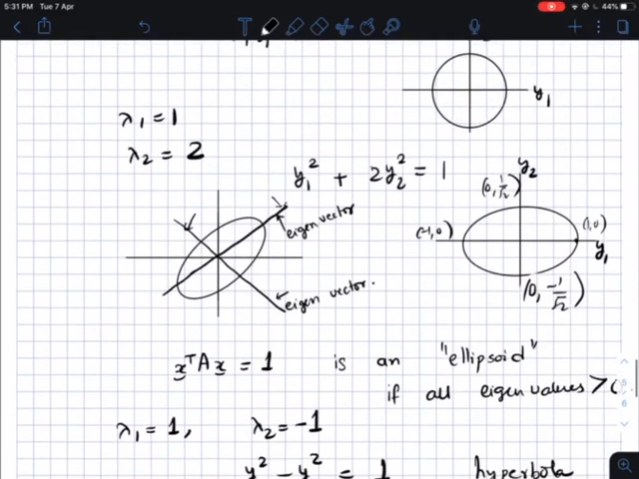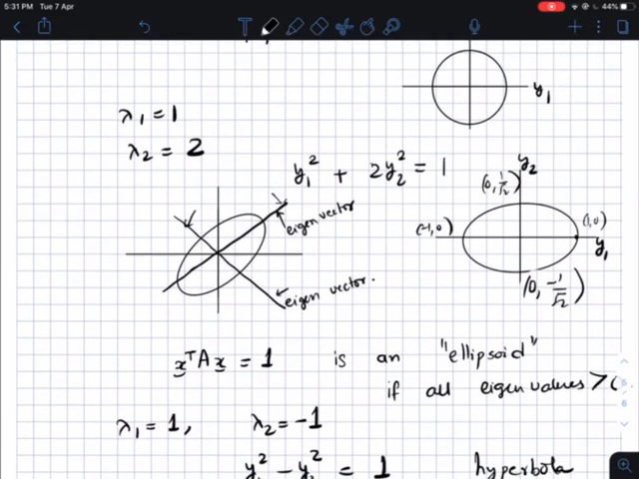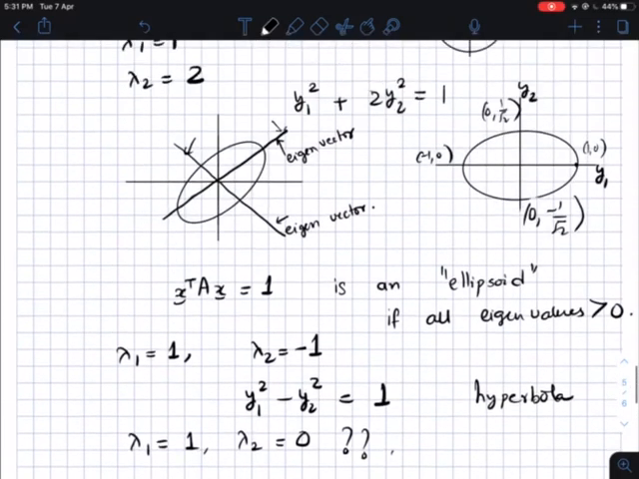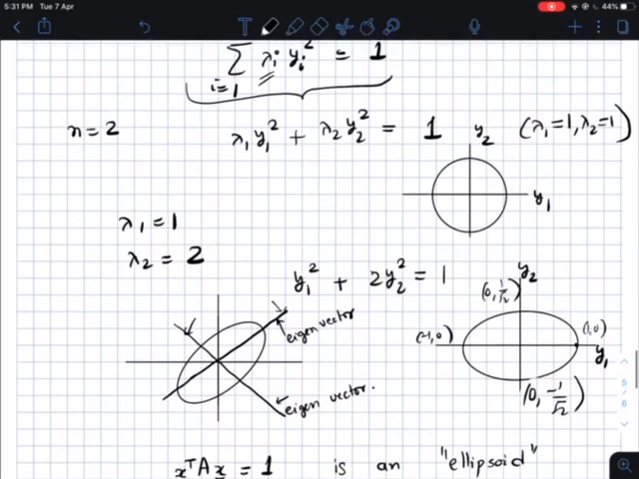Okay, so essentially this talks about the geometry of quadratic forms. So in the next portion of the lecture, we are going to look at the question that interests us the most usually, which is what are the variables for which the quadratic form takes on the largest and the smallest possible